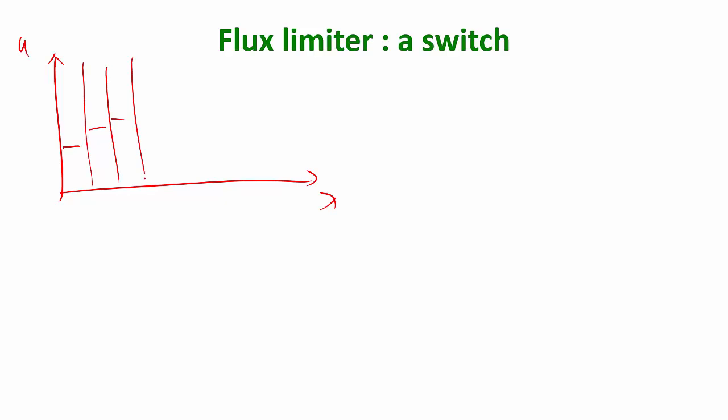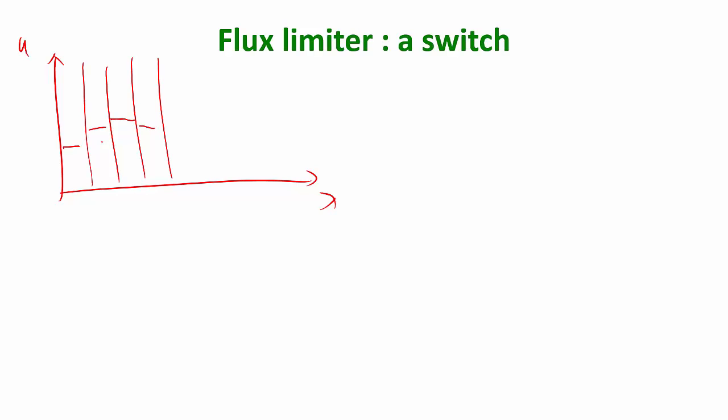So remember, in finite volume, we are having a piecewise constant approximation, or in other words, an approximation that stores only the volume averages. And reconstruction is trying to take these volume averages and extrapolate to what is supposed to be on the interfaces. The flux limiter says that the reconstruction, the extrapolation, is appropriate only in regions where the solution is continuous and smooth. And extrapolation should be turned off